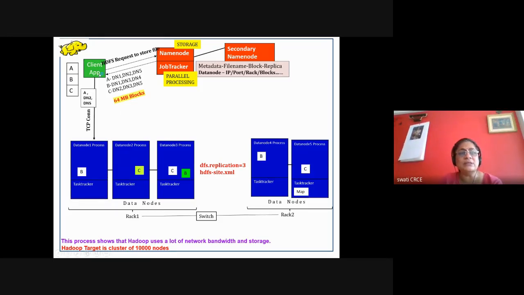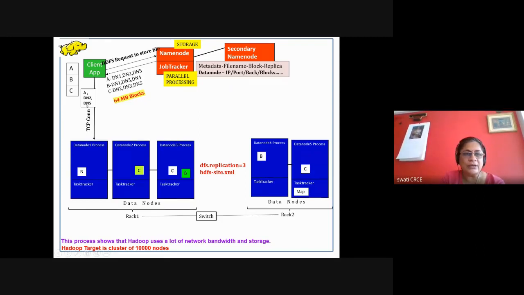Client application establishes the TCP connection, because name node will provide the IP address, port number, everything. It will be the rack number. All this information is provided by name node to the client, and client will establish the TCP connection with the first primary data node. Here DN1 is the primary, which means that whenever block A is to be referred, DN1 is contacted first because it is the primary data node. And these are replicas. 2 and 5 are replicas. Here 3 and 4 are replicas. 3 and 5 are replicas of 2. So major blocks are 1 and 2.